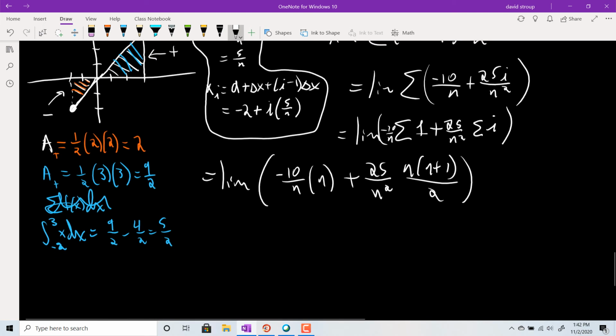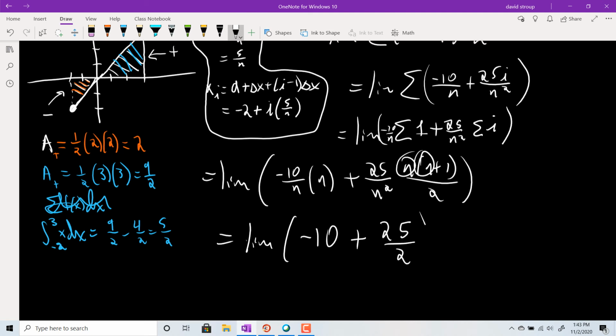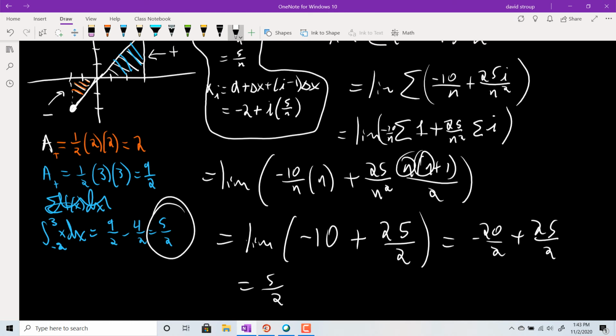And so we get negative 10 times n over n, so we have a limit of basically negative 10 plus, and then up top it's basically n squared, right? 25n squared over 2n squared. That leaves us with 25 over 2. And then the limit of a constant is a constant. So we have negative 20 halves plus 25 halves, which of course is the 5 halves that I predicted. Okay, so